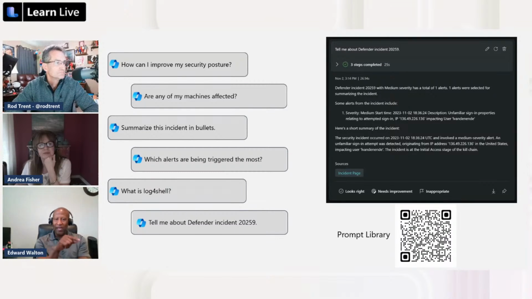And then the number 5. If you ask number 5 to Copilot, it's probably going to go to lunch and come back, because it may be insulted. It's going to say, what is Log4Shell? Well, that is highly documented. If I had to do that, I would ask what servers or what CVEs are affected by Log4Shell? That would be more pertinent. Yeah, that's more direct, so I can go in and patch and remediate those servers.